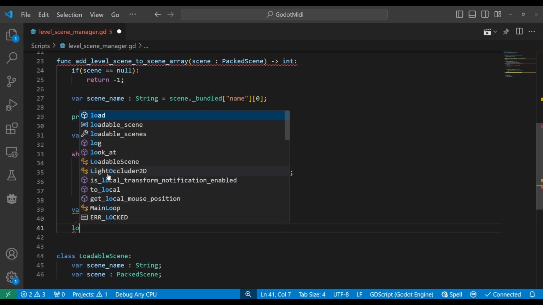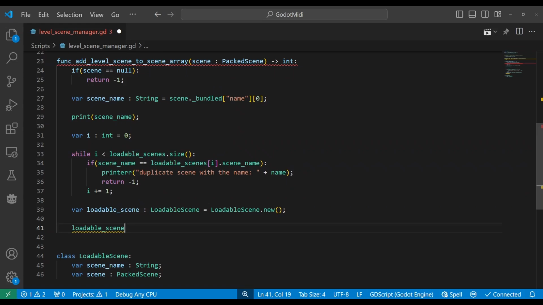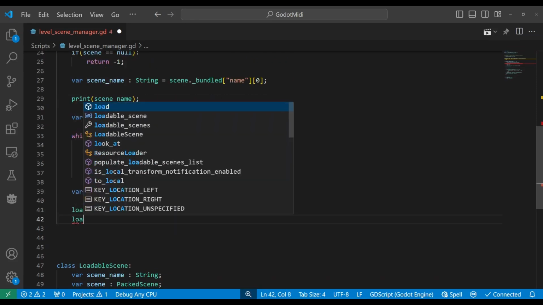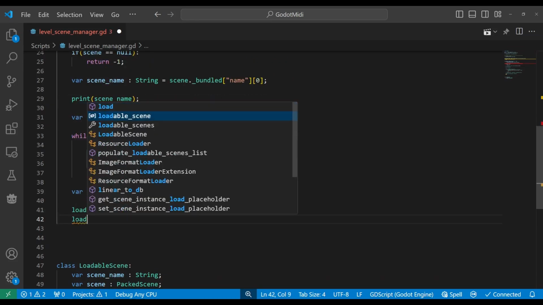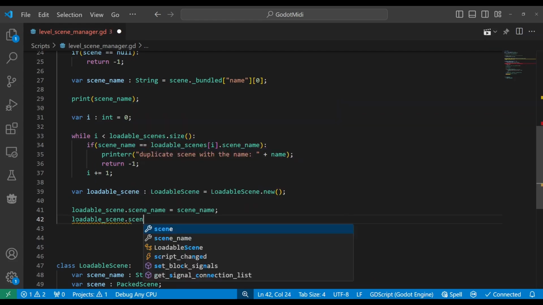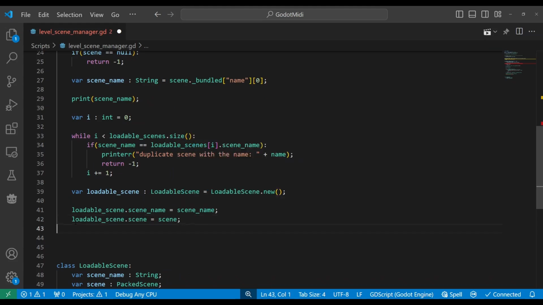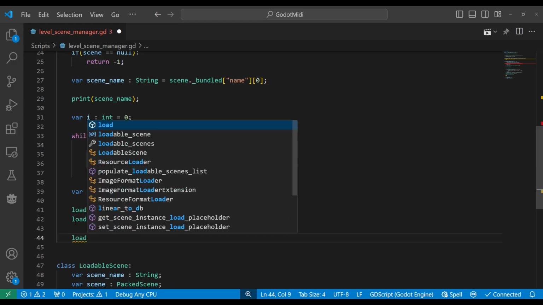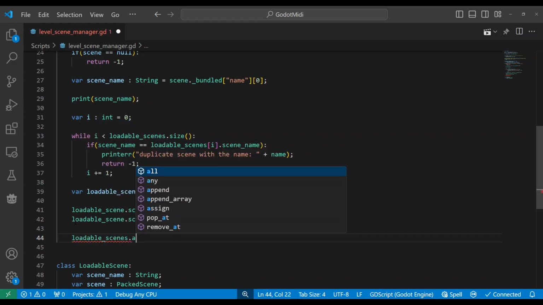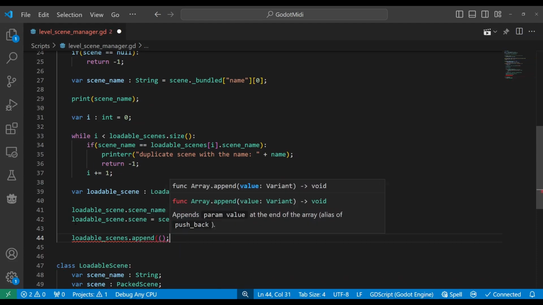So loadable scene dot scene name will be equal to the scene name that we just got up here. Loadable scene dot scene is equal to scene. Now we'll go down here and say loadable scenes dot append. So we'll add it onto the end